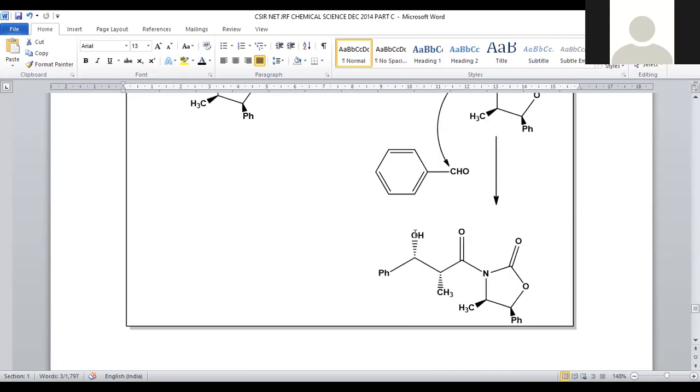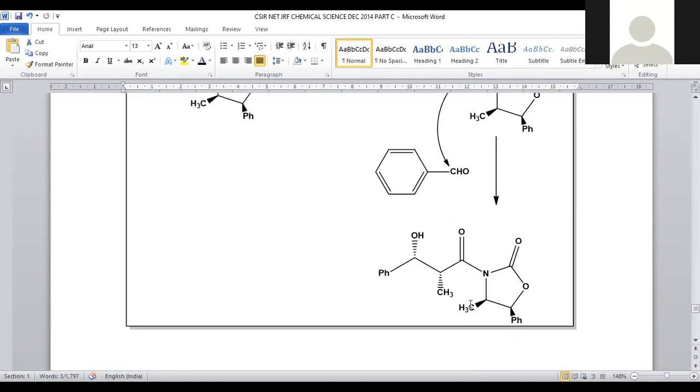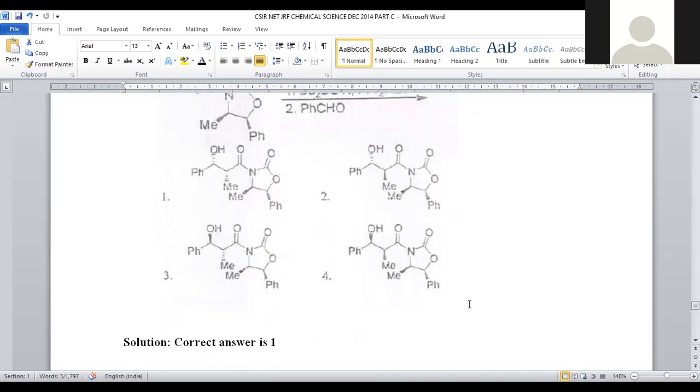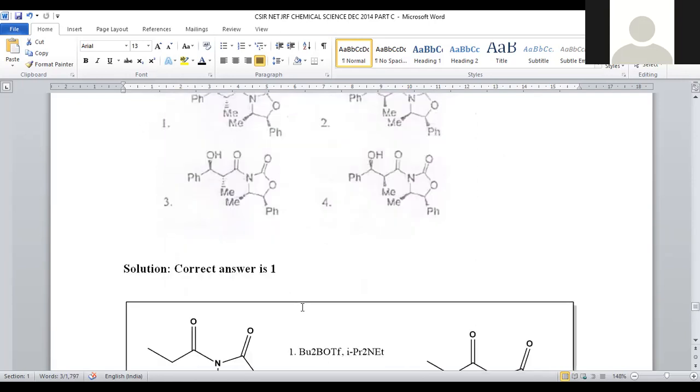So that OH of this benzaldehyde resides at a back end position with the dotted line bond. And even this methyl group, whichever is present on the carbonyl, moves because of steric hindrance with these bonds which are present in this 5-membered ring structure. So this will be the stereochemistry, which is clearly explained in the option where OH and methyl are both in the back end and methyl and phenyl are both in the front direction. So for question number 97, option number 1 will be the correct answer.